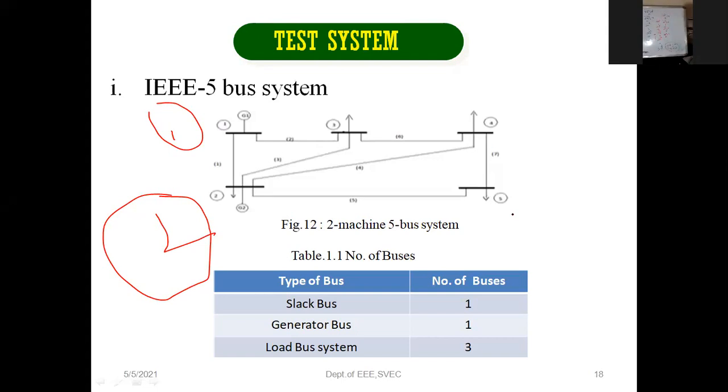If suppose the half line charging admittances are not there, what are these values? Can I take 0?